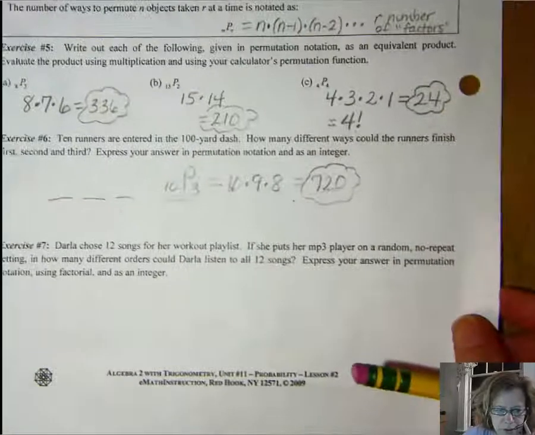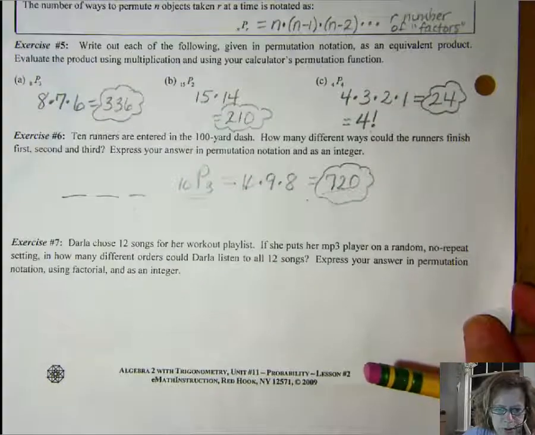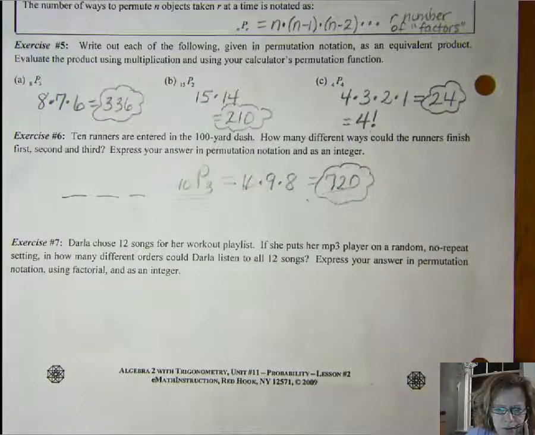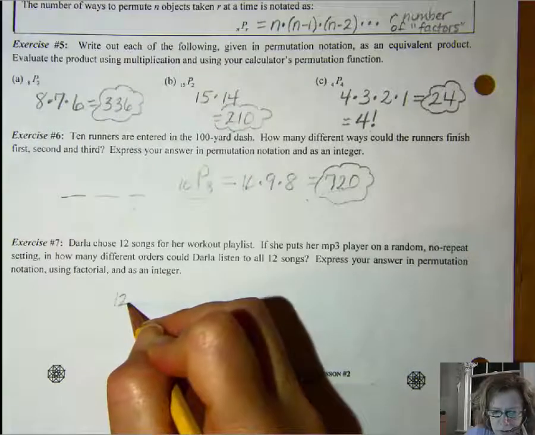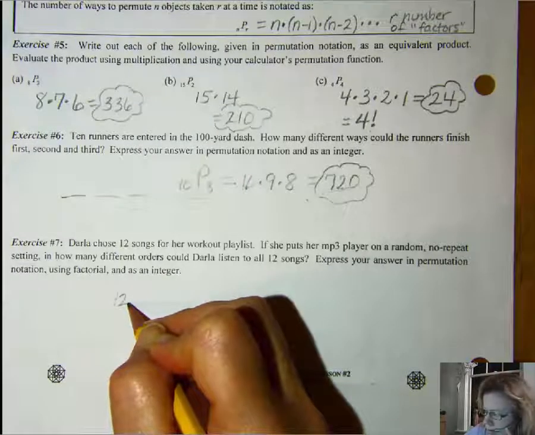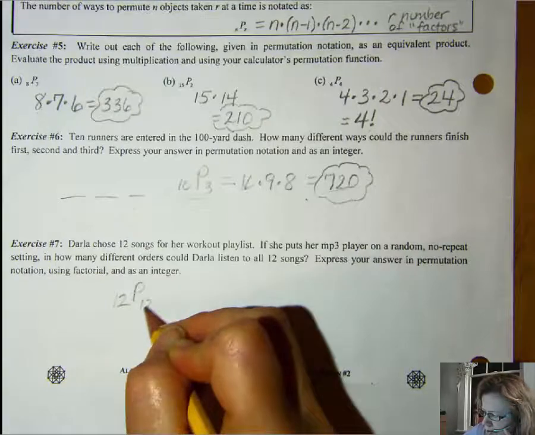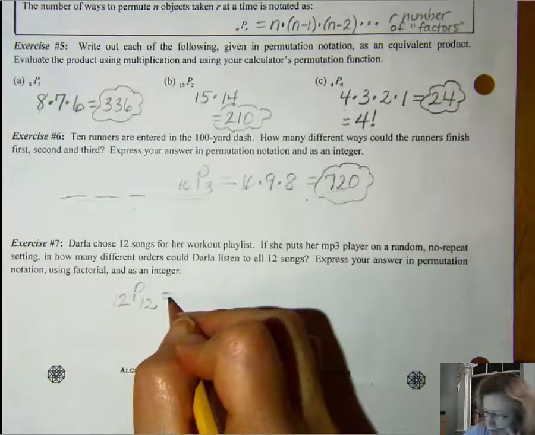Last one. Darla chose 12 songs for her workout playlist. If she puts her MP3 player on random, no repeat setting, how many different orders could she listen to all 12 songs? We'll write this as a permutation using a factorial and as an integer. So she has 12 songs. She's going to listen to all 12 of them without repeating. So it's 12P12. That's the same thing as 12 factorial,